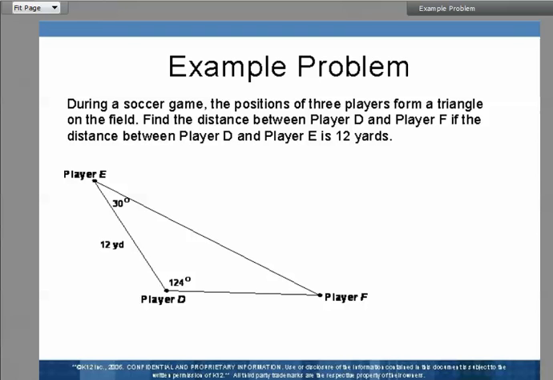So let's look at this one here. It says, during a soccer game, the positions of 3 players form a triangle on the field. Find the distance between player D, that's this player right here, and player F, this one over here. Well, we're trying to find this distance right over here, D. So what am I going to do? I'm going to set up my